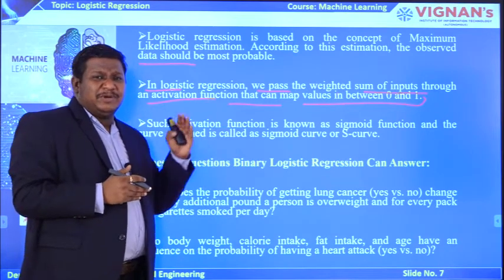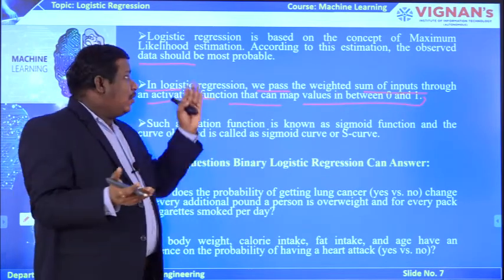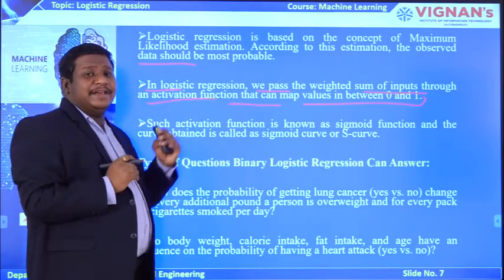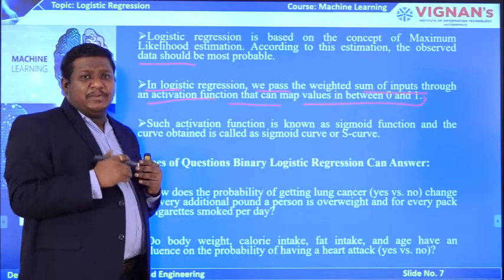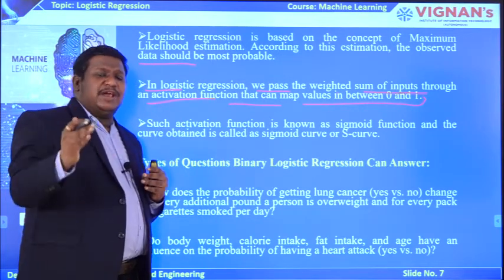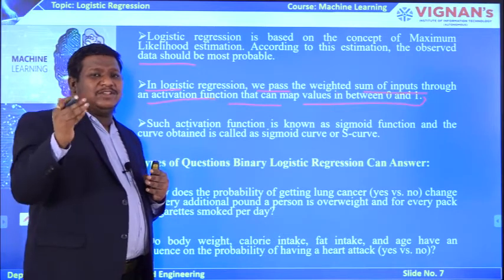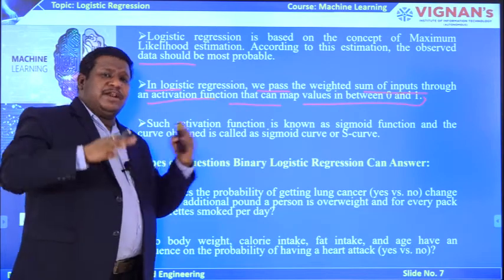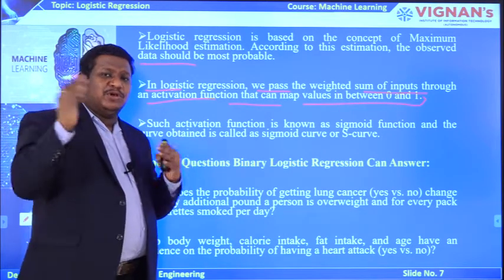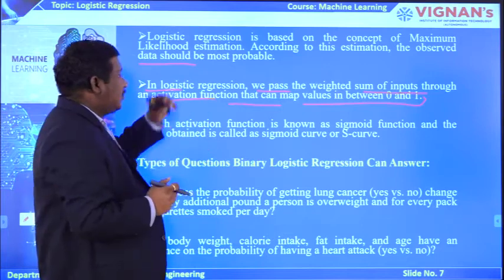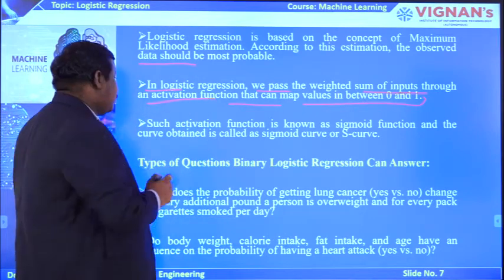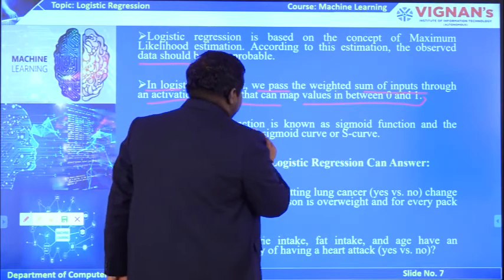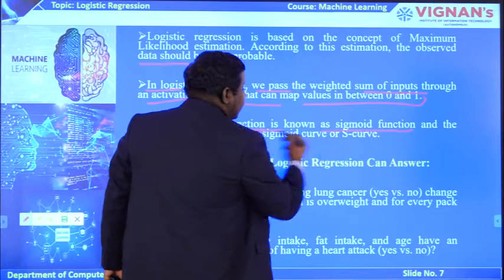Why? Because these are between 0 and 1. We already said that logistic regression mainly works with output variables where the output data is binary, whether 1 or 0, true or false, yes or no, or correct or wrong. Only two outcomes are possible, either 1 or 0, and no third value. In such cases, logistic regression is mostly used. Whatever logistic function or activation function we derive is known as the sigmoid function.